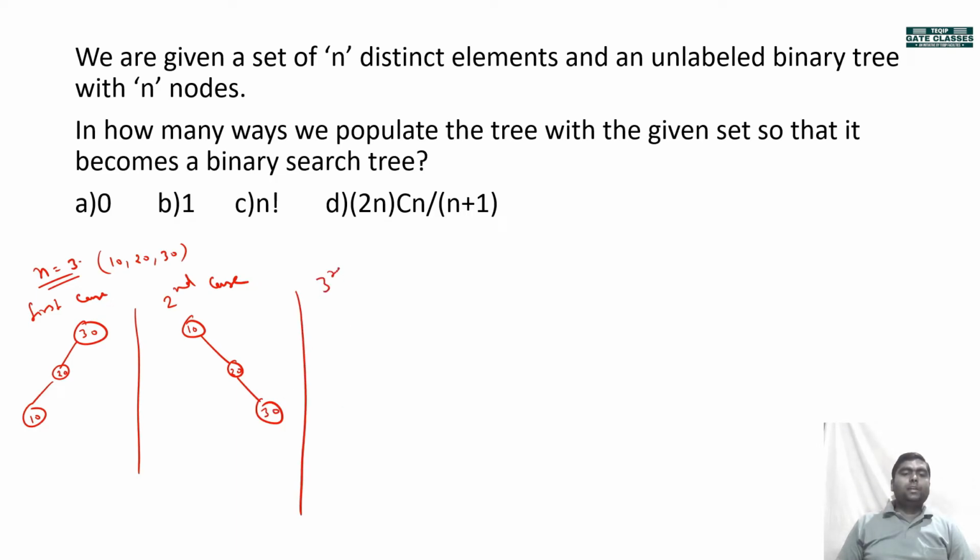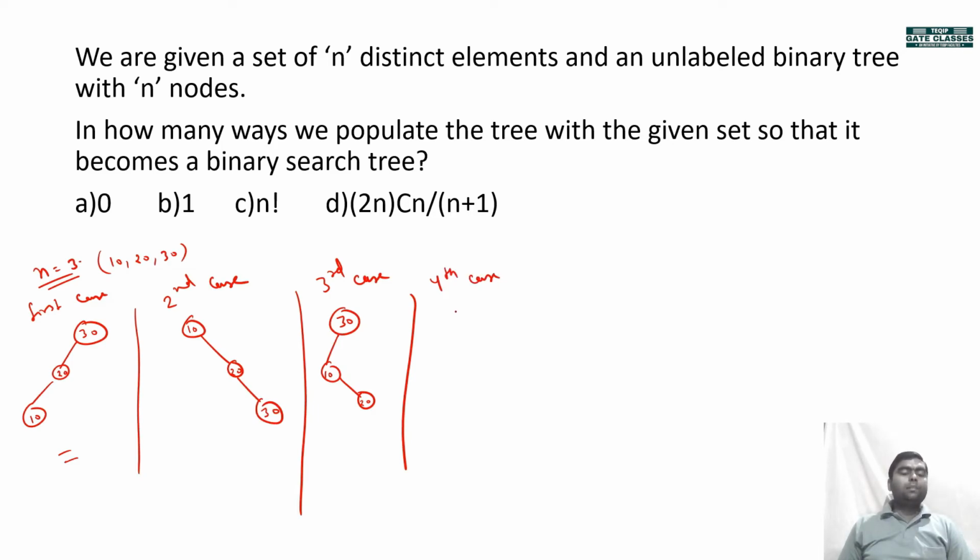Now what is the third case? It may be like this, an unlabeled binary tree is given. You cannot change the given binary tree. In the first case the unlabeled binary tree is given, so in how many ways can you fill the three keys? You cannot change it, it is fixed, one way only. In the second case it was also unlabeled and we had to fit three keys, so this is just one way. Let us suppose this one is given: this may be 30, this may be 10, and this may be 20. Only one possibility.